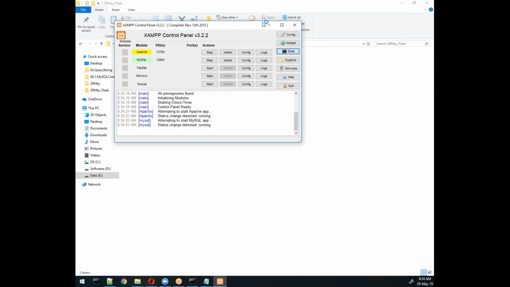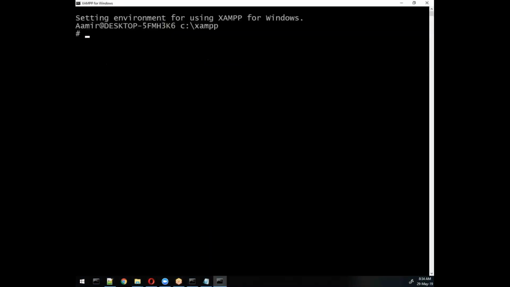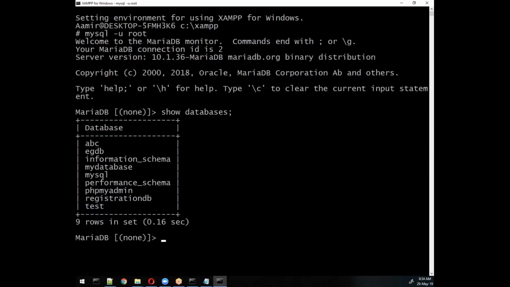You can try the shell: mysql -u root. That's it. So here you can see SHOW DATABASES, how many databases you have. I have multiple databases. I want to select ABC, so I'll write USE ABC. So here it is changed. Now you see ABC.